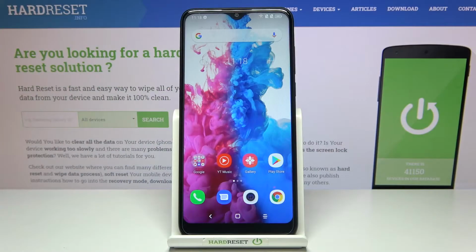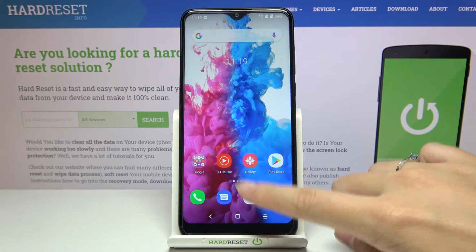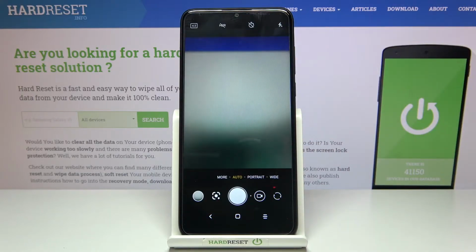Welcome, here I've got Essentiel B HeYou60 and I'm gonna show you how to change photo size in the camera app at this device. So let's start by tapping on the camera button to open it,